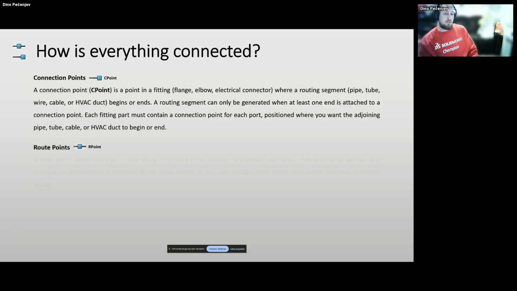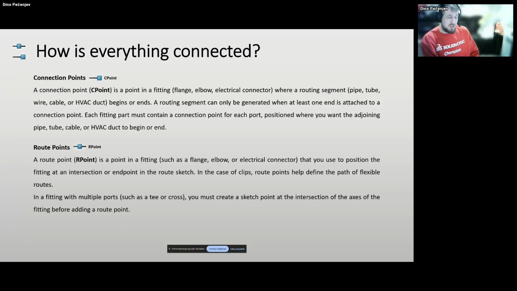And then we have routing points, which is actually for positioning the fittings. Let's say we want to position a cross or T. When we position it on our route, the center for connecting that component to the fitting is actually a route point.